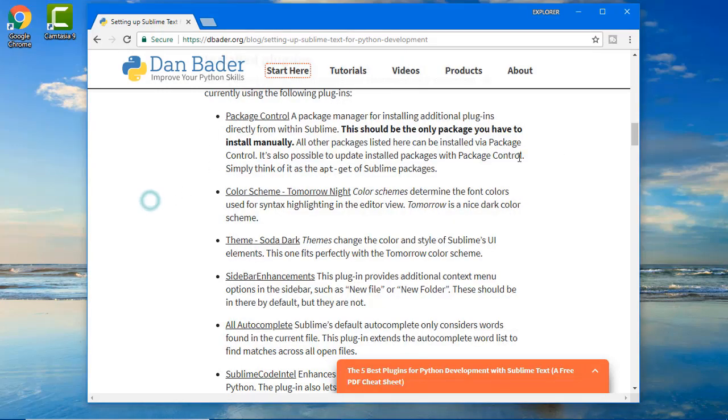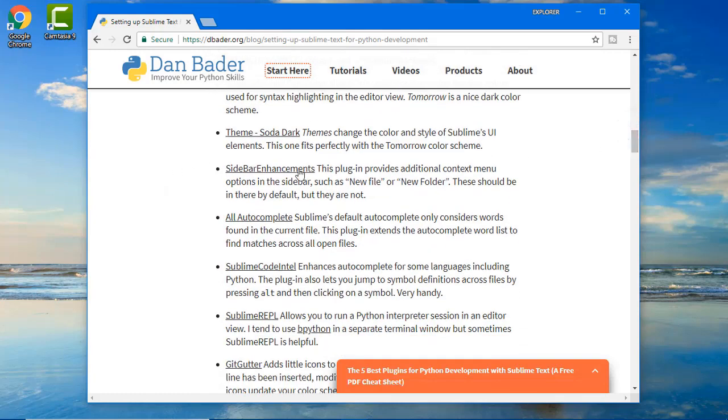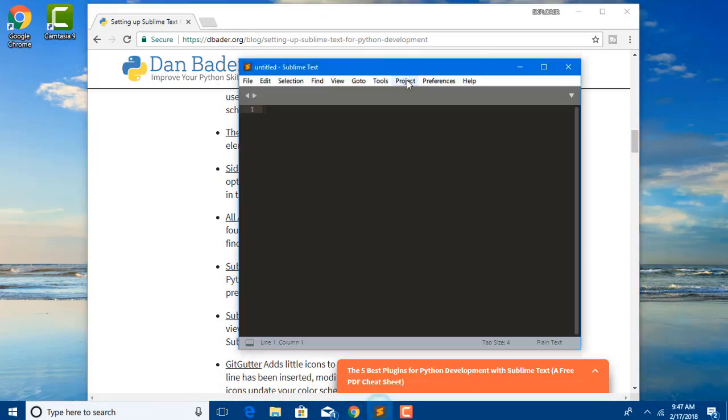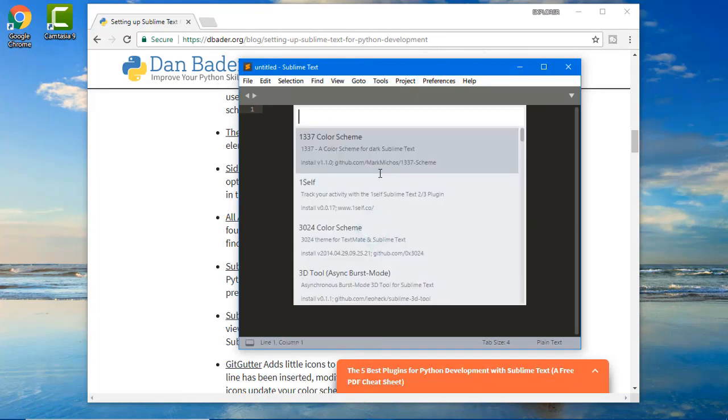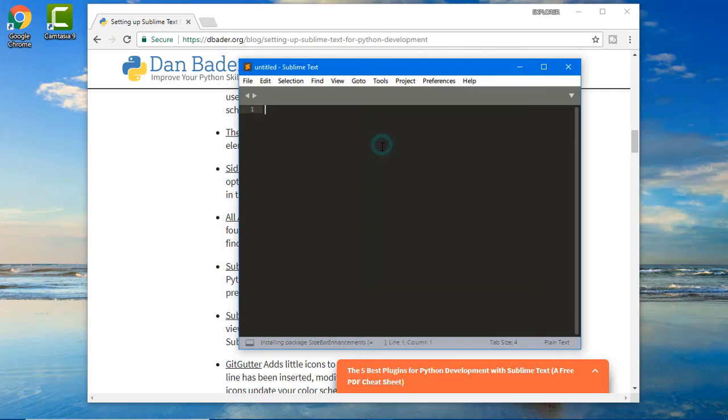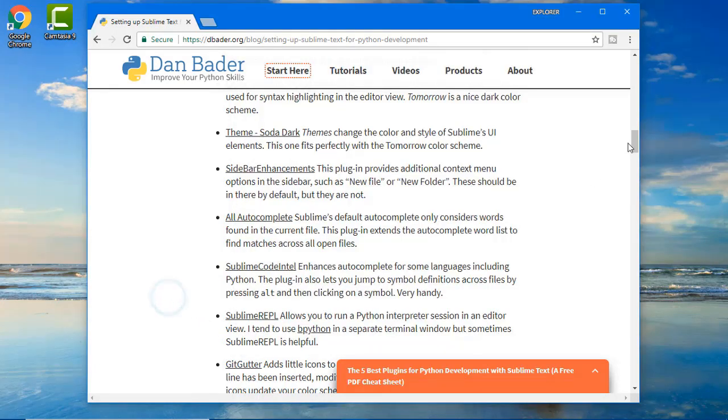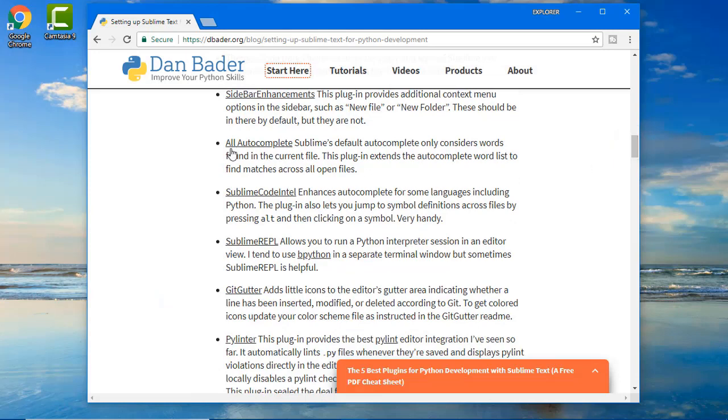Okay, it's done. Now the next thing is the sidebar enhancements. Go through here: Package Control, Install Package, and Sidebar Enhancements. After this is done, we have to download All Autocomplete.